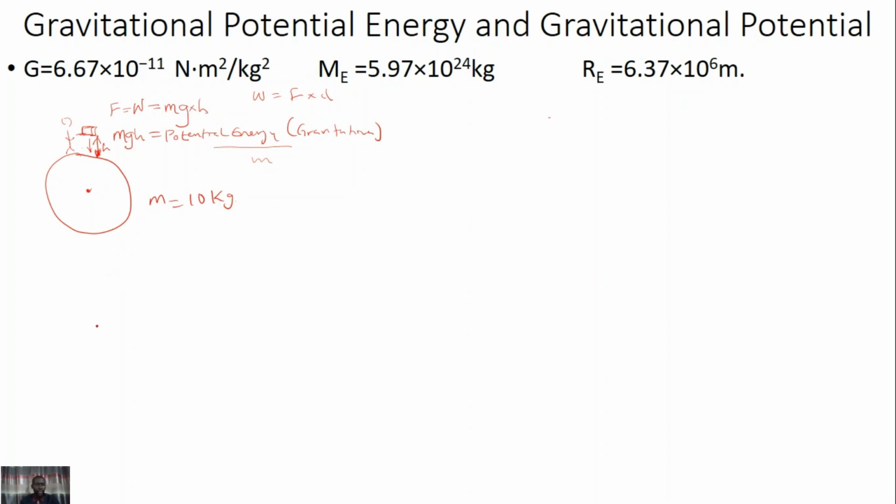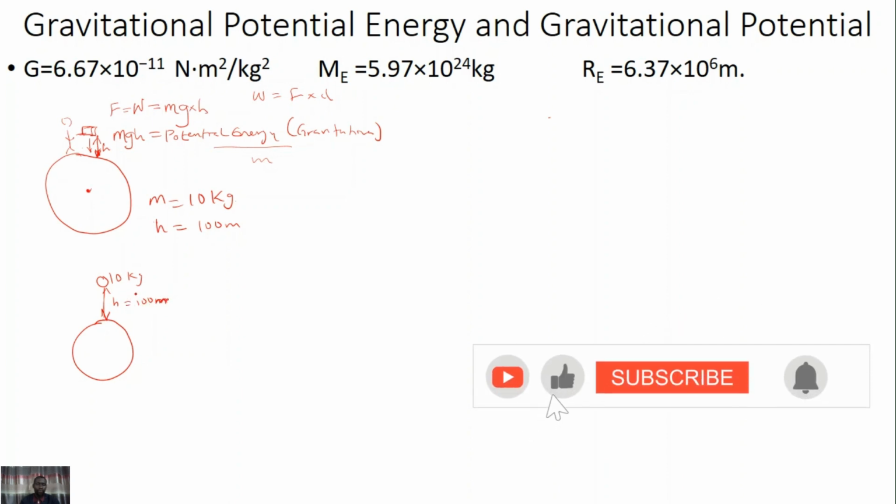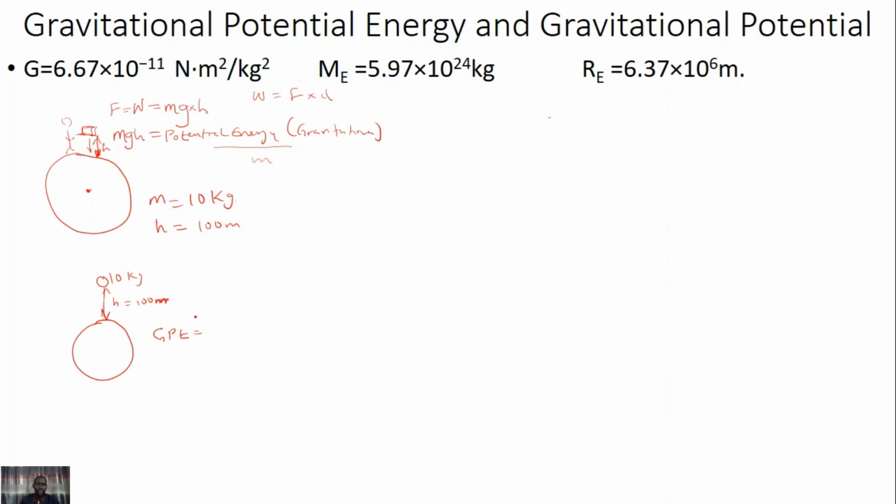If you are given a question in which a body is held, let's say at height 100 meters from the surface of the earth, and you are asked to calculate the gravitational potential energy of this body of 10 kg held at height h equal to 100 meters from the surface of the earth, the gravitational potential energy for this body will be equal to